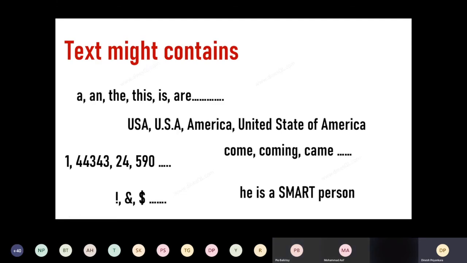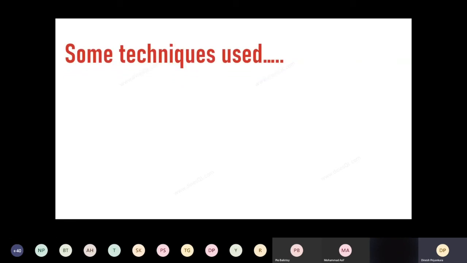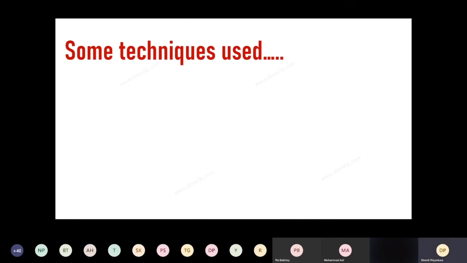Okay. So I was explaining the certain areas we have to consider. You might get text like this with your data set to be analyzed. So you need to make sure you handle these data sets. And certain techniques we use for processing or making sure data set is ready. So we have something called tokenizing. That's one of the steps we use.